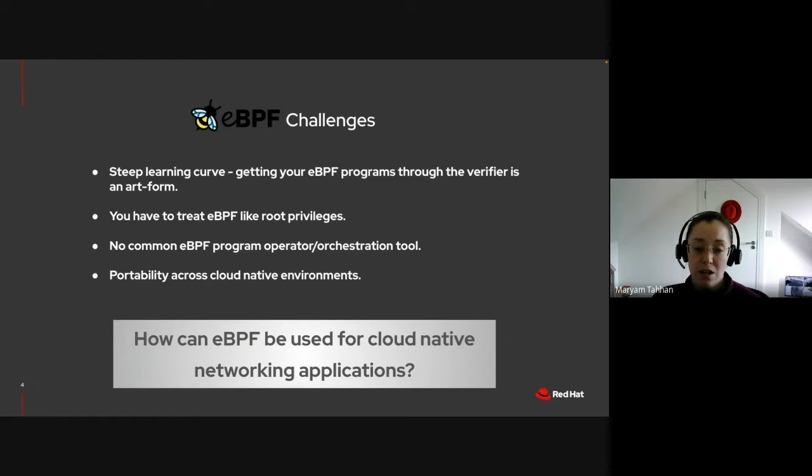Starting with the development point of view, there's a component in the eBPF framework called the verifier. The job of the verifier is to make sure that your program is safe to run in the kernel. If you have a networking eBPF program that parses or touches a lot of packet headers, it can be difficult to get your program through the verifier. Some people even consider it a bit of an art form. Secondly,